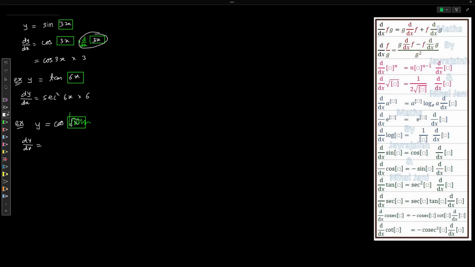So differentiation of cos box is minus sine box into differentiation of box. Now what we have within the box? Root x. So minus sine root x will be as it is. Differentiation of root x is